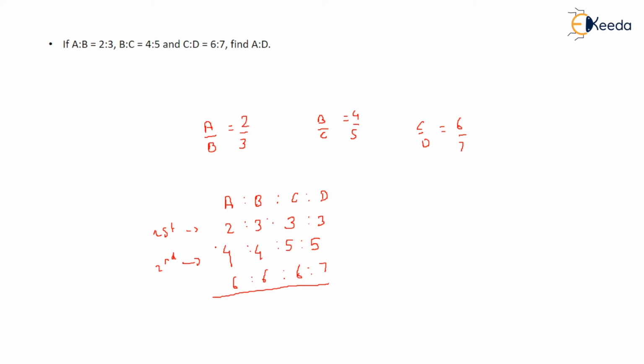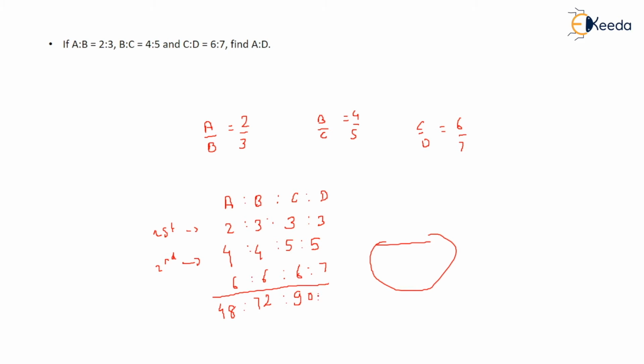If it is ending here, continue ahead. If it ends here, you cannot go back because that will be the opposite route. You are crossing the barricade, the straight barricade, and going back like a circle. So you don't have to do a circle, you have to go straight. Okay. So after multiplying, 2 into 4 comes out to be 8. 8 into 6 comes out to be 48. Similarly, 3 into 4 comes out to be 12. 12 into 6 is 72. Similarly, 3 into 5 comes out to be 15. 15 into 6 comes out to be 90.